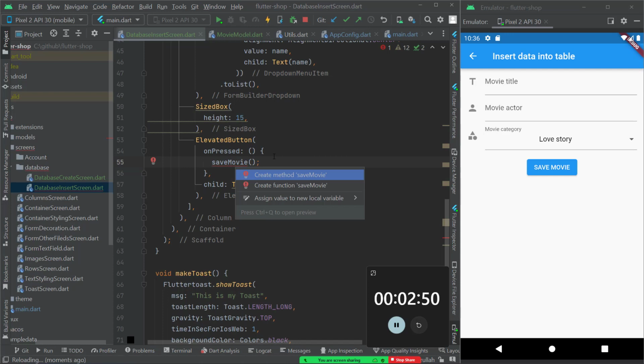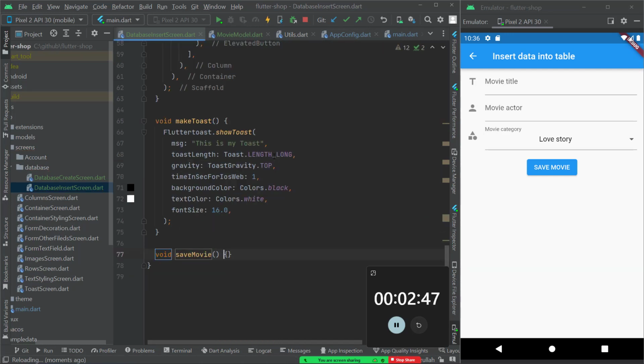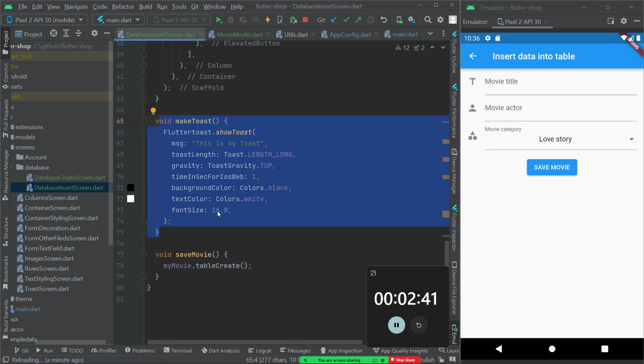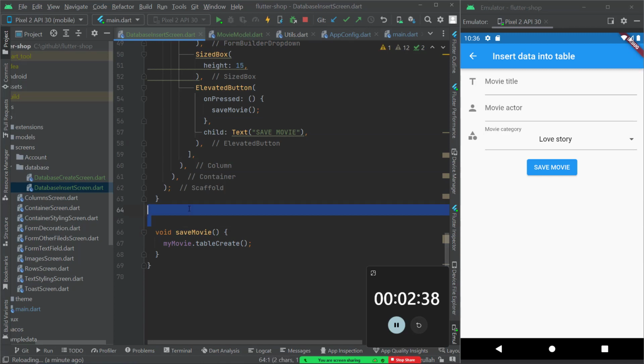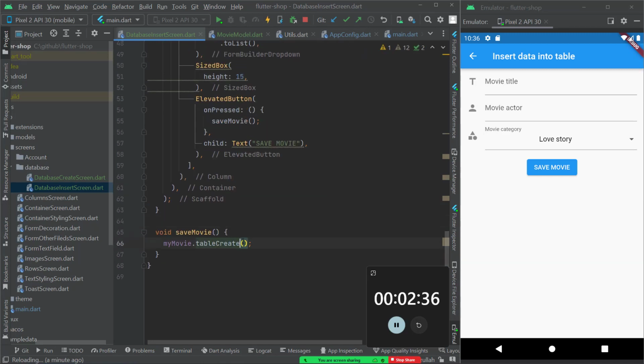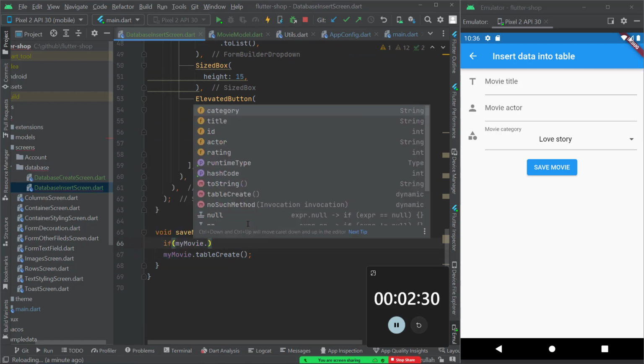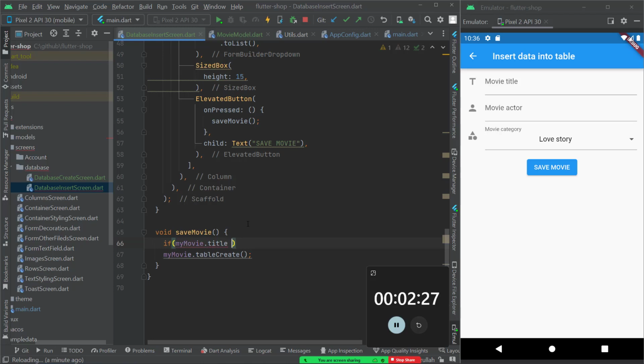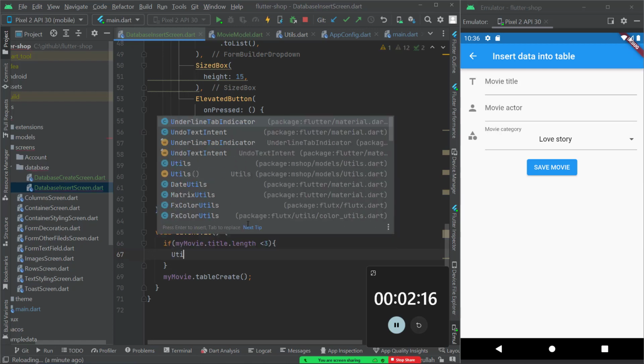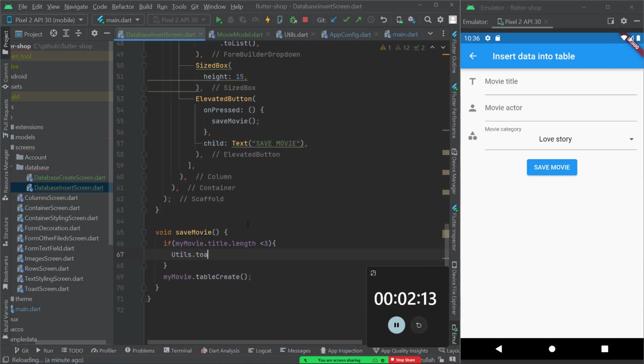So I'll press Alt and Enter, create method. So here it is. Let's remove this toast, we don't need it. So save movie, right? So here maybe do some validation. I check if the movie title dot length is less than 3. There is no movie which has less than 3 letters. So I can do some toast utils dot toast and say